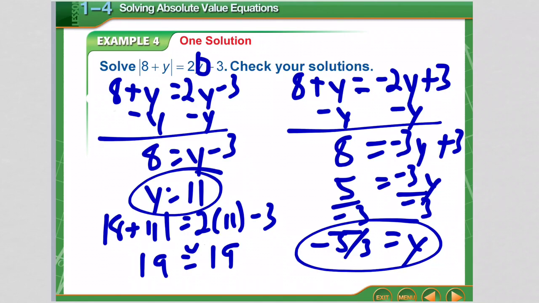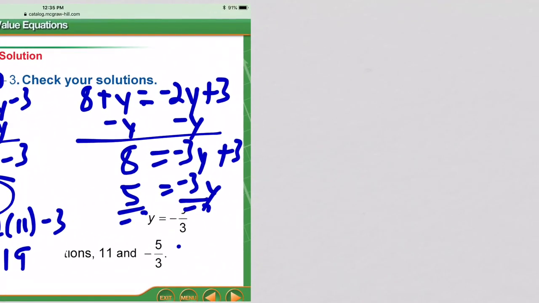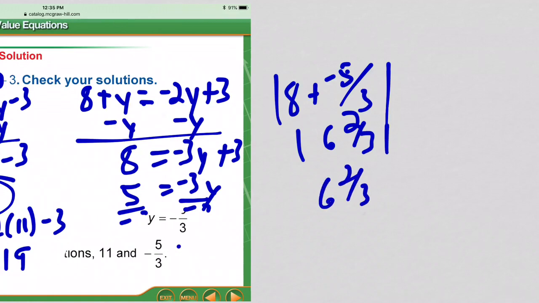Now when I plug the negative 5/3 in, let me go ahead and get some space here. Sorry about that. Let's do this. So when I plug negative 5/3 in, so absolute value of 8 plus negative 5/3. So 8 minus 1 2/3 would be absolute value of 6 1/3, which would give me 6 1/3. And then when I plug it in the other side,